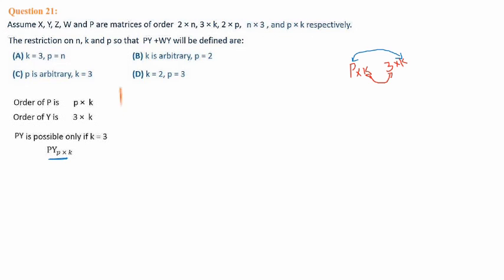So next we are going to do the other part, that means the order of Wy. Wy is the next product. First we have to take W. The order of W is n by 3. W is the fourth matrix here, so 1, 2, 3, the fourth matrix is of order n by 3, it's written. Next is the order of Y. The order of Y we have taken before also, it is 3 by K.